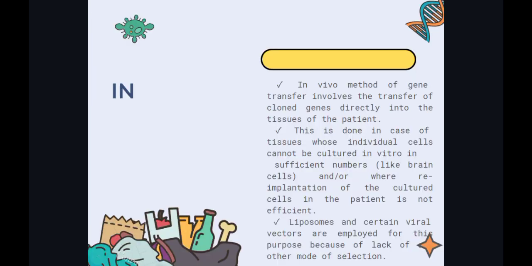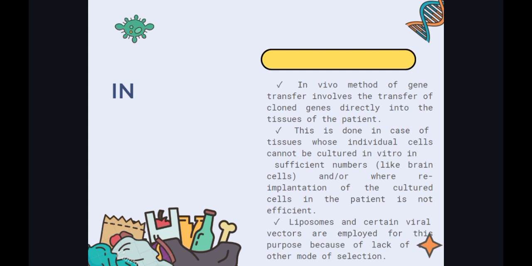In vivo method of gene transfer involves the transfer of cloned genes directly into the tissues of the patient. In vivo gene transfer, direkta nitong nililipat yung mga klonal na gene sa mga tissue ng pasyente. Ginagawa ito sa mga kaso ng mga tissue such as brain cell that cannot be cultured in sufficient number outside the body. This is done in case of tissue whose individual cells cannot be cultured in vitro in sufficient numbers